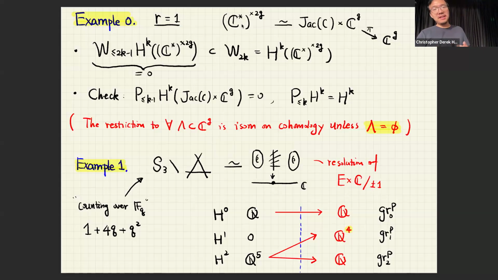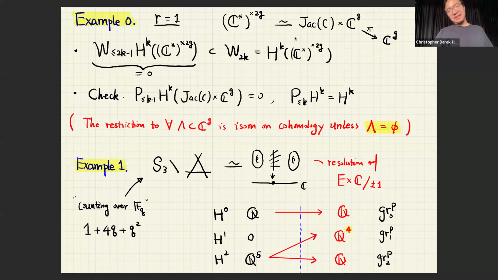And it's not hard to calculate the weight filtration there because, if you consider C star, we discussed yesterday that the only non-trivial class H^1 there is of weight 2. Then, the Künneth decomposition is compatible with mixed Hodge structure. So in particular, only the 2k, the highest weight piece, will survive here. There are no lower pieces for the weight filtration. So everything is reduced to that calculation for H^1 of C star.